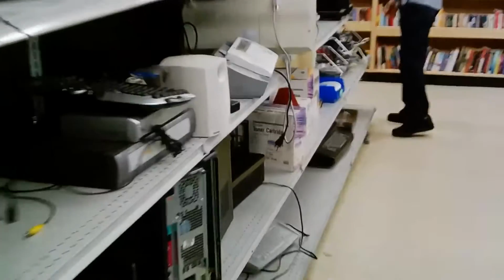And so this is a Value Village that actually did have a computer, but unfortunately it was in really rough shape. This was a Dell Dimension like 4500, I think, as well as a mid to late 2000s compact. Thought about buying this Dell, but as you may or may not see, it was in pretty rough shape. The part of the front was missing, so decided to forego it. And you may have also saw there was a loose sound card. And this is a 2000s era compact Presario desktop. No interest in that. So again, lots of LCD monitors here. So I think we're going to have to leave this one empty-handed, unfortunately,